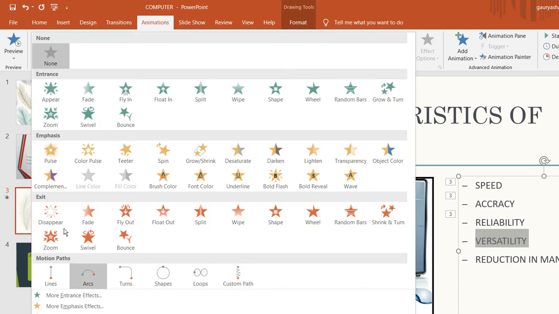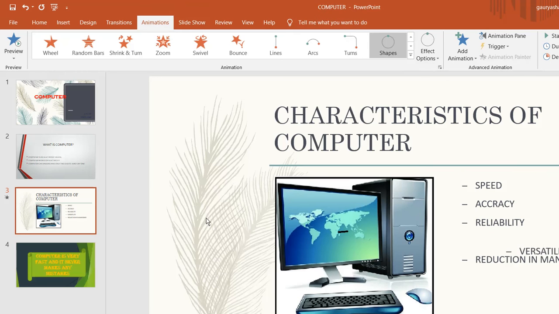Now I am just selecting the fourth point, and now I want to show the movement with the help of motion path. So when I click on shapes, you can see here how my object is coming. When you apply the motion path, this type of path will be displayed here. It means my object will move in this path.